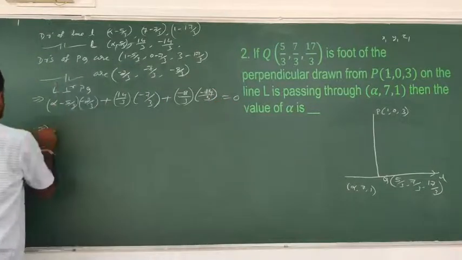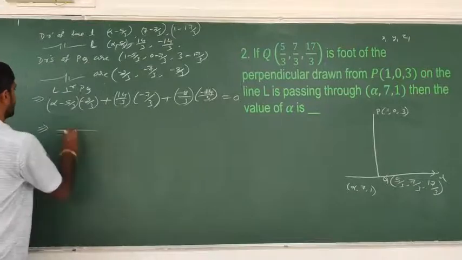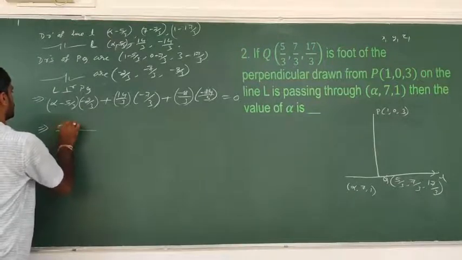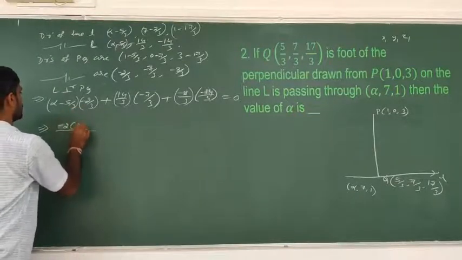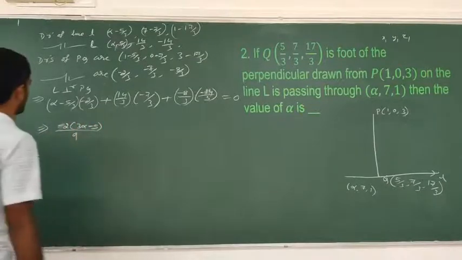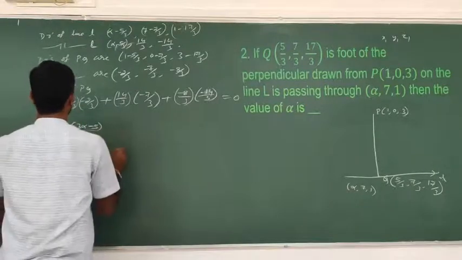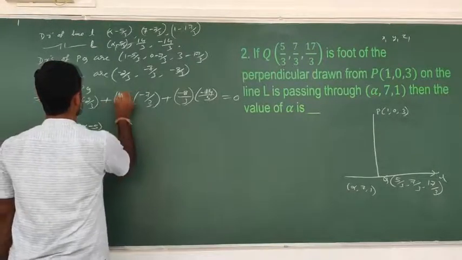So this implies, 9 is the LCM, so we get minus 2 into 3 alpha minus 5, plus 14 into minus 7,